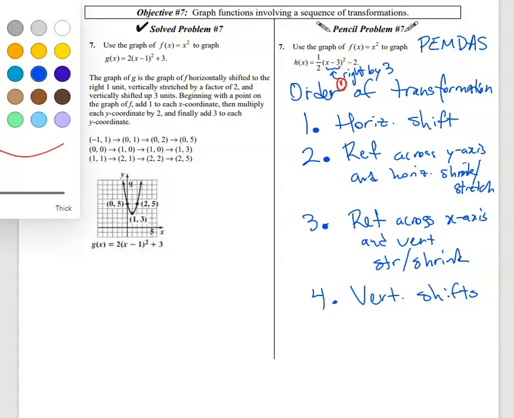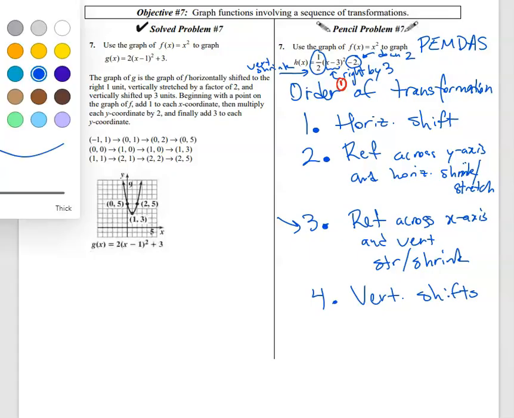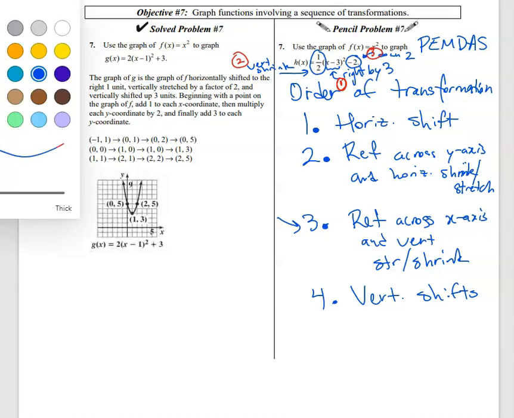We have also this third category of transformations, which, it's not a reflection though, it's the vertical shrinking. This multiplying times 1/2 does a vertical shrink. And then the very last thing will be this down by 2, the shift down by 2. And so we will do them in this order. Right by 3, we do it first, and then do the vertical shrink. Lastly, we will shift down by 2, and we're doing it to the graph y equals x squared,